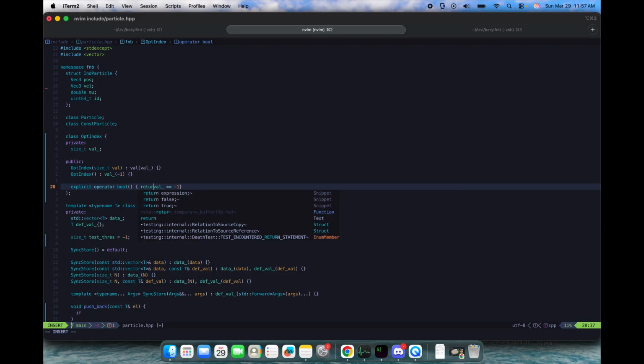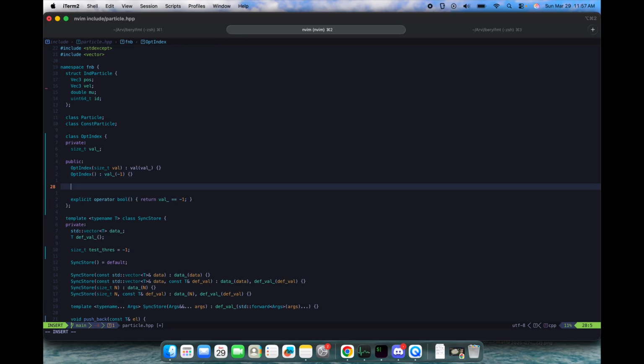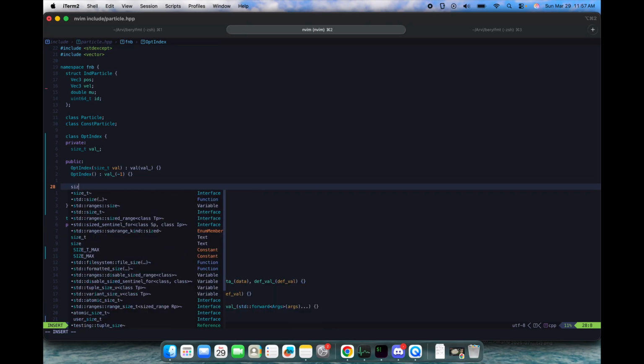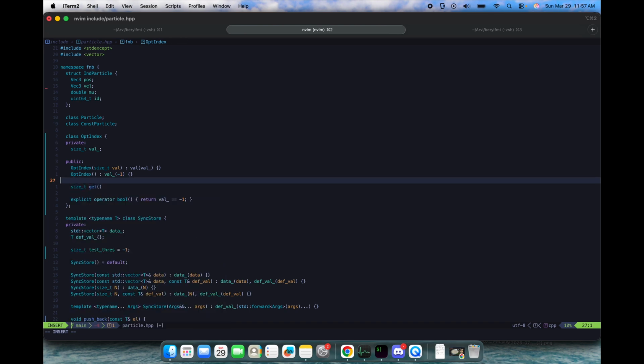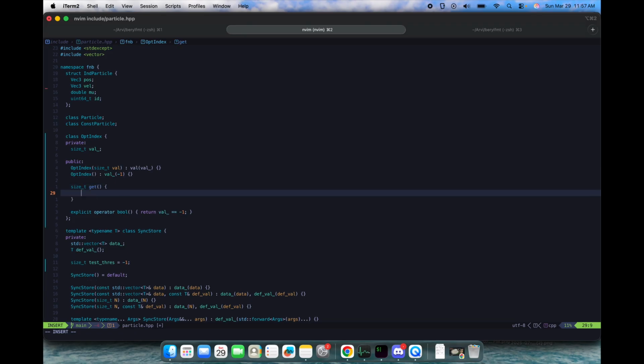This isn't Rust where it does nothing. It doesn't, it returns. Anyway. Size D get. The most idiomatic way to do this in C++, so I'm just gonna